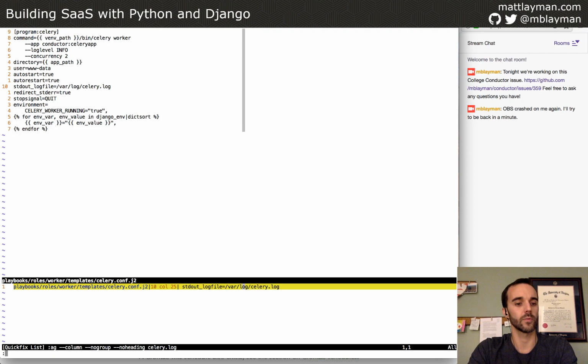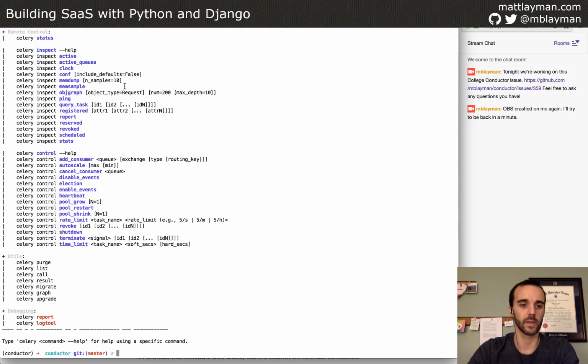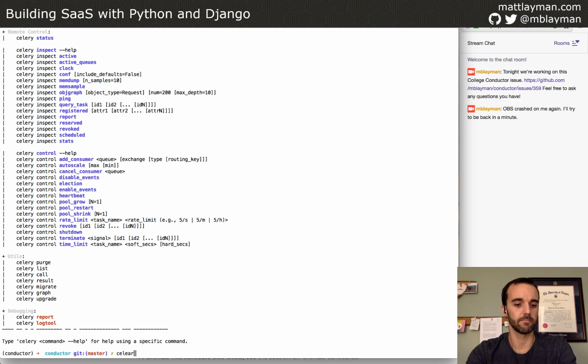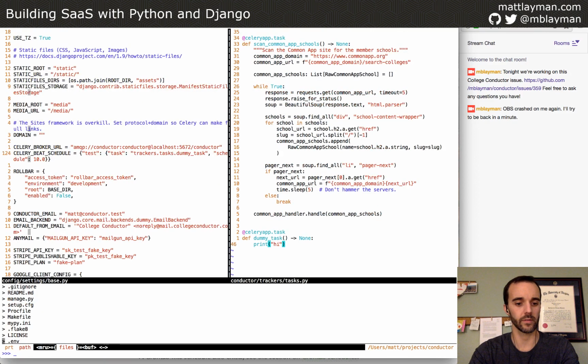So we're going to go over here, and I'm already in my virtual environment, so Celery is already an available command here. And it's got Celery beat up here. So what we're going to do is look at the options for Celery beat briefly to see what kind of parameters we ultimately want to pass into this tool to get this going. I think minimally we need this app parameter, which is the app that Celery is configured with in Django, and that doesn't really make a lot of sense unless we look at